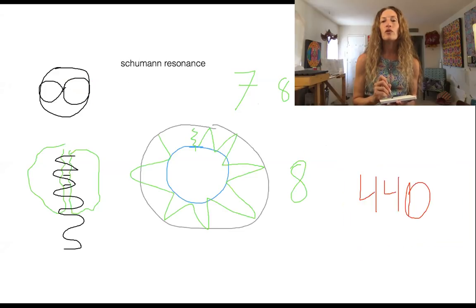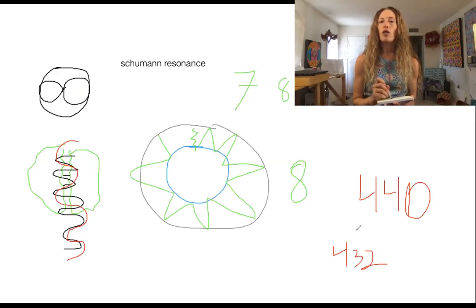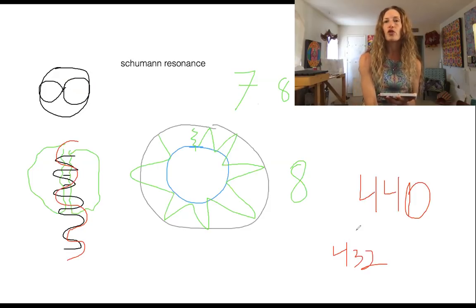So when we listen to music that is tuned to 440, it is not harmonically well integrated with our natural body structure. But when we listen to music that is tuned to 432, then it is music that integrates well with our natural harmonically tuned body structure. So all of this means that when you listen to music that's tuned to 432, which is not that much of a difference. Like if I played this note at 432, you wouldn't be like, wow, it's unrecognizable. It's a very, very slight difference, but it has a huge impact on our bodies, on your capacity to think